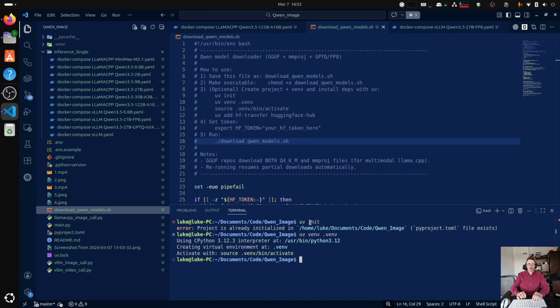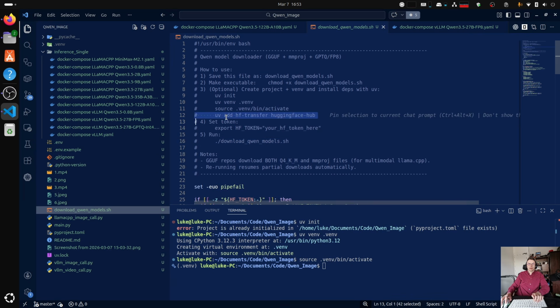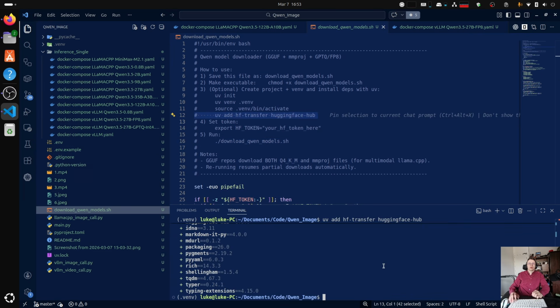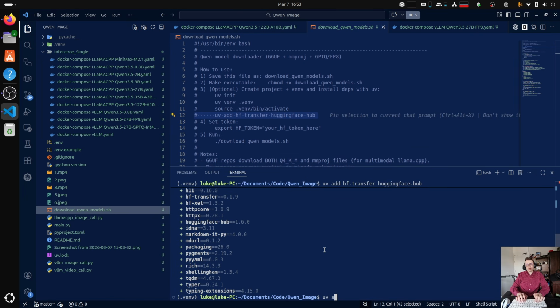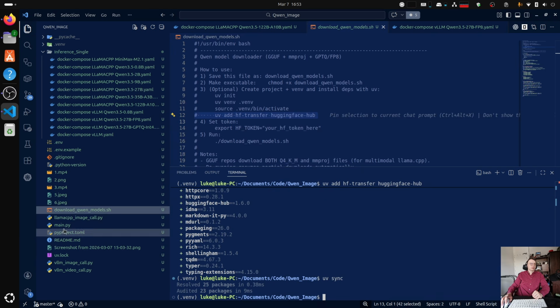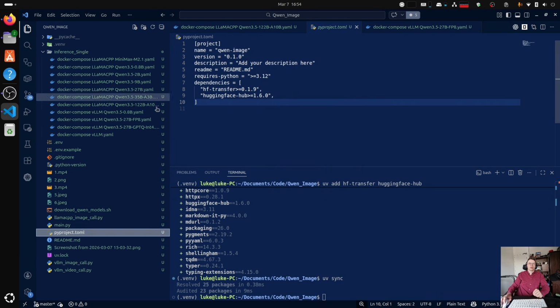.venv. Voila. Then we need to activate the environment. So you can just copy paste it here. Here we have it, and then we need to add our packages. As we can see, we added all the packages, but what we also can do is just uv sync, because this basically goes to this file, and I already set it up for you guys, so it basically downloads